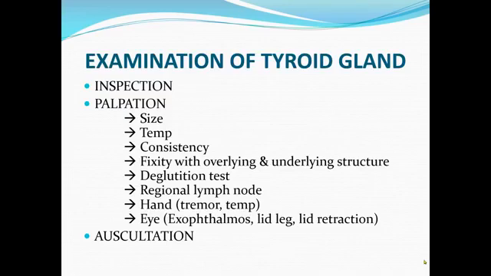The laryngeal cartilage and hyoid bone move up and down during swallowing. So the thyroid gland also moves up and down during swallowing because of its capsule's attachment with the laryngeal cartilage and hyoid bone. Regional lymph node,